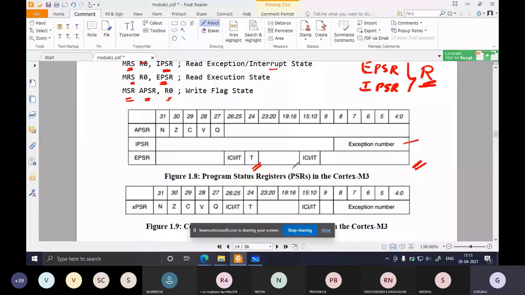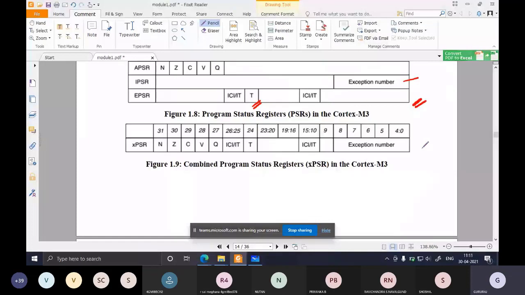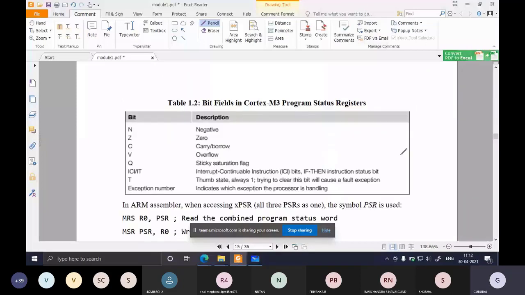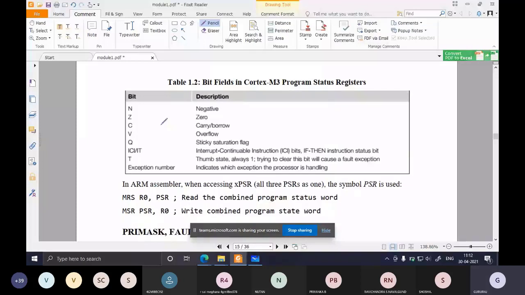Collectively, this is how the PSR looks if you combine all three PSRs. N is negative, Z is zero flag, C is carry or borrow flag, V is overflow, Q is sticky saturation.